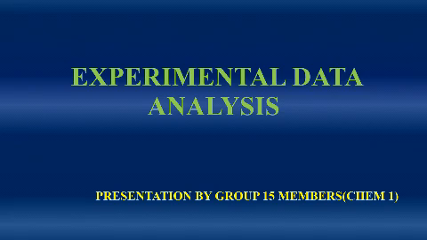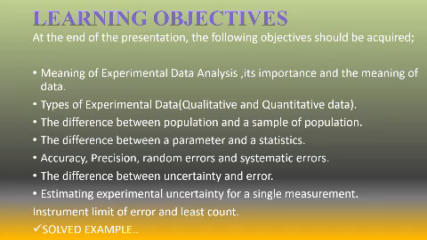On this topic, we'll be looking at certain objectives. These are our learning objectives. At the end of the presentation, the following objectives should be acquired: the meaning of experimental data analysis, its importance, and the meaning of data itself, types of experimental data, that is qualitative and quantitative data, the difference between a population and a sample of a population, the difference between a parameter and a statistic, accuracy, precision, random errors,